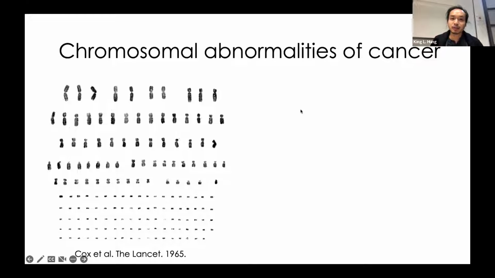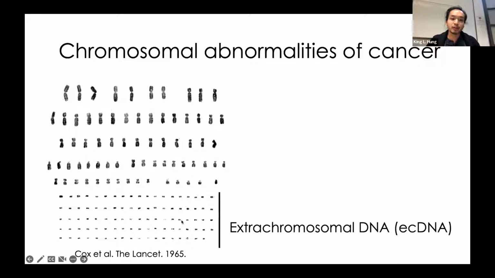So the cancer genome undergoes extensive changes throughout the development of a tumor. And this results in a genome that is so messed up that even using old cytogenetic tools in the 1960s, people were able to see all these chromosomal abnormalities in cancer cells. This is a paper that was published in 1965, where the authors looked at the chromosomes of a cancer cell, and they saw, first of all, a wrong number of chromosomes, but also they saw these extra bits of DNA. Throughout this talk, I'll focus on these extra bits of DNA, called extrachromosomal DNA, or ecDNA.